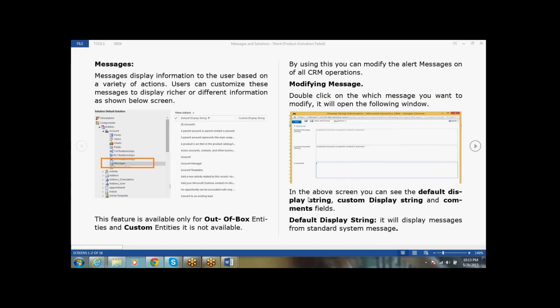In the above screen we can modify all these messages. Just click on Publish and all your alert messages will be updated. So that is the messages feature in MS CRM. This feature is available only for out-of-box entities.